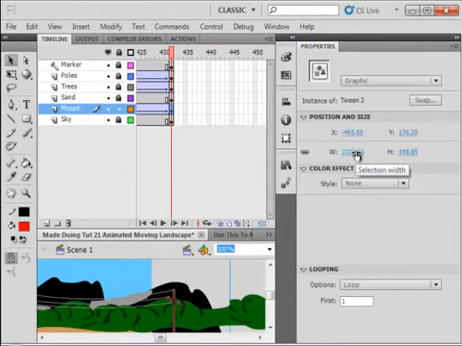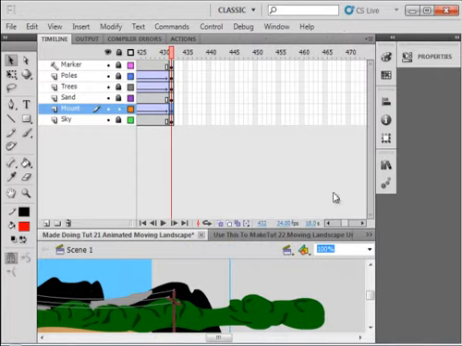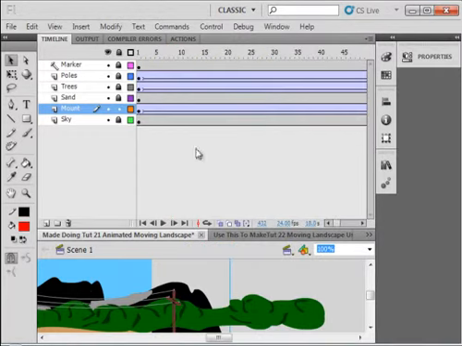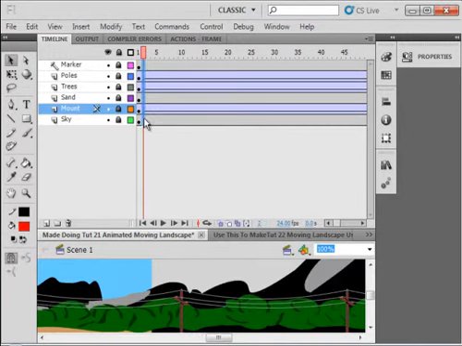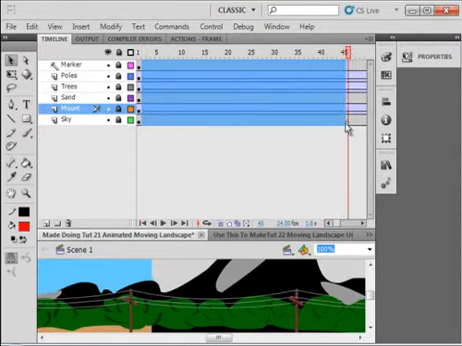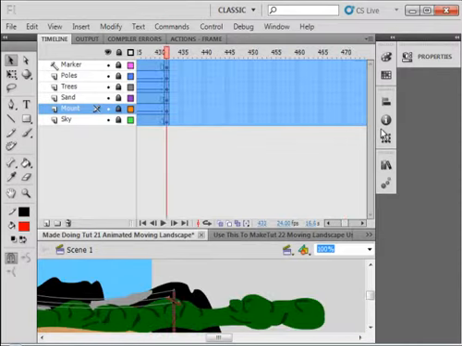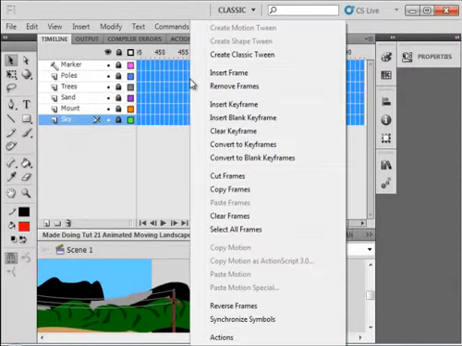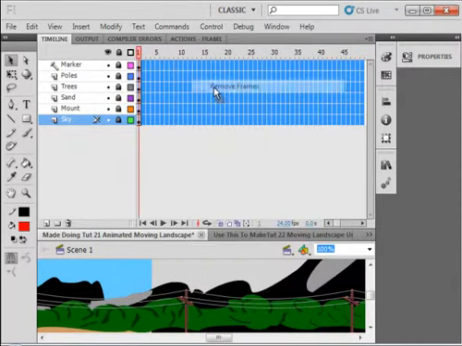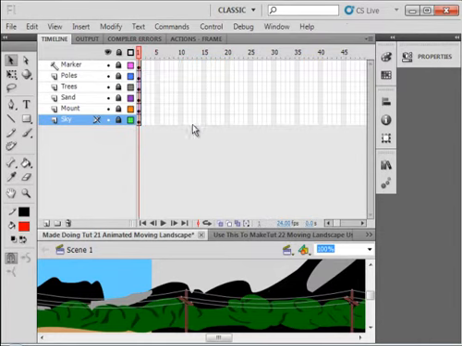So I got all that information, and we're going to put that into code. Lock all the layers. Select frame 2. Come down, all in one stroke. Go all the way up till you cover all those frames we used. Right click in here somewhere. Remove all those frames. So all we're left with is